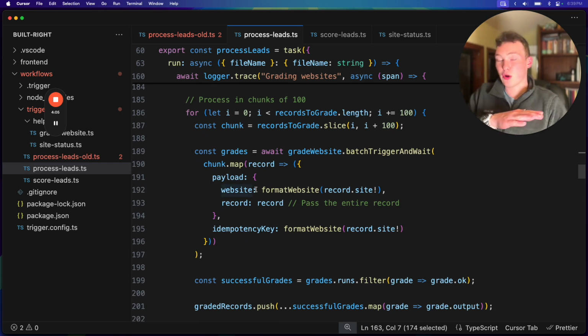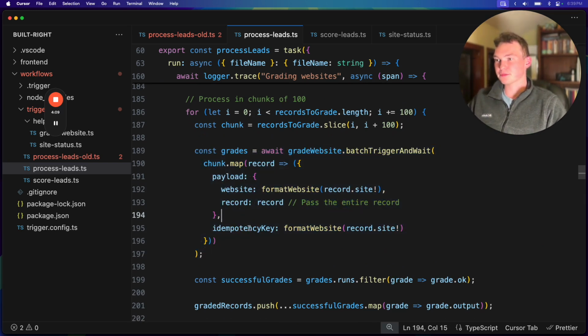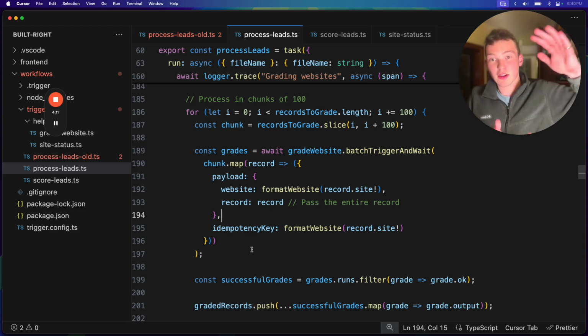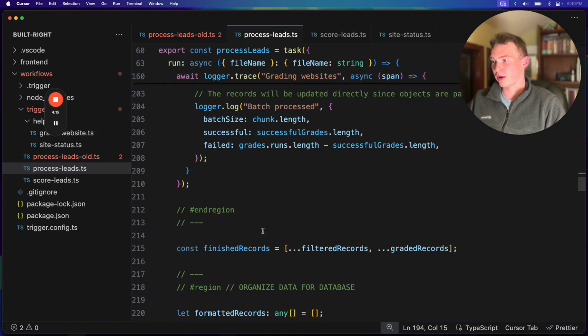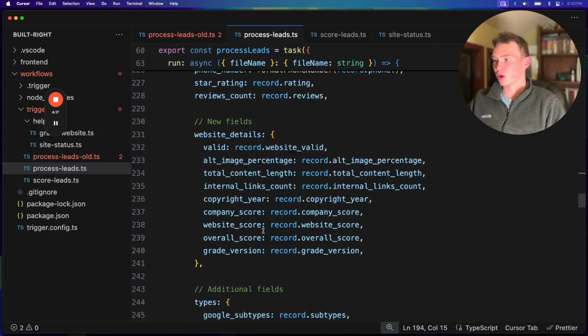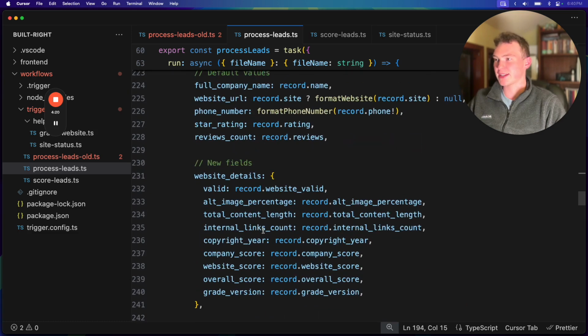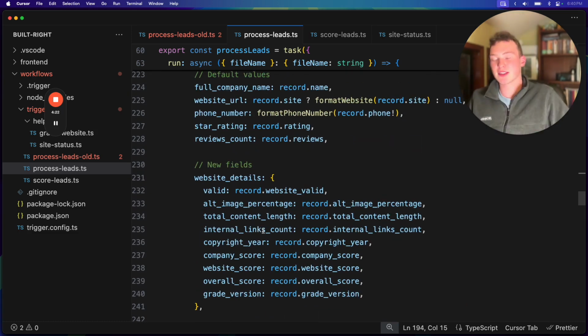And then for the people who actually do have a website, who are good leads, we're going to their website and actually reading it, taking out all this information that we can use to determine the overall score. And then once that's done, we're grading it and inserting it into the database and also creating a CSV so that the sales team can download it and put it in HubSpot or wherever